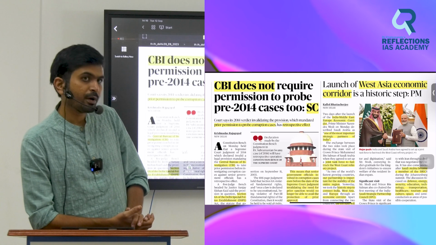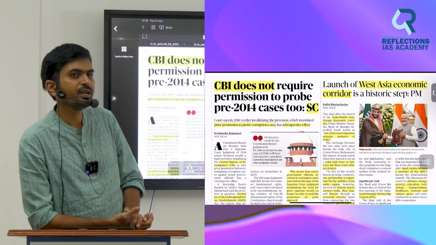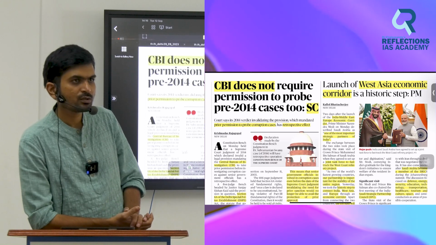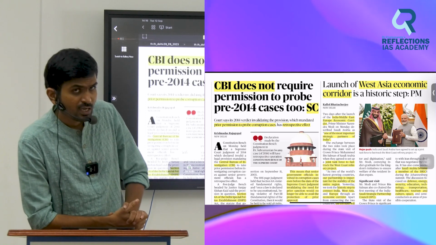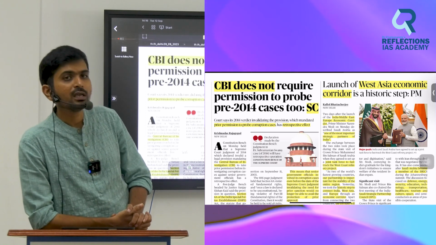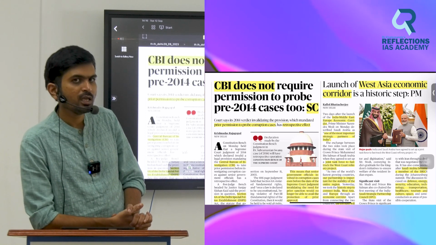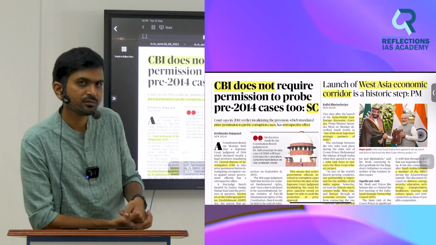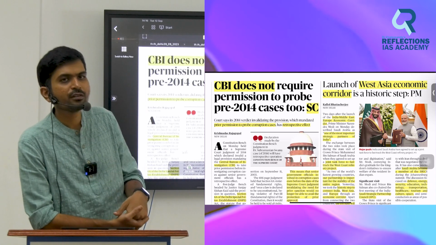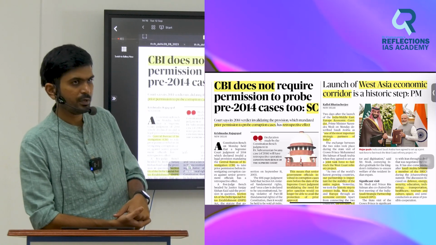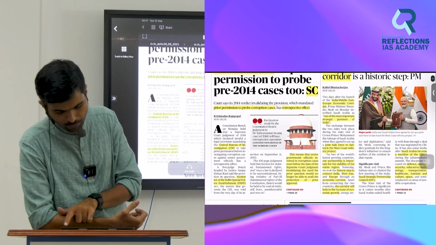At that time I told you Saudi Arabia is one of the largest oil exporters. That is why Saudi Arabia is very important for India's energy security. Next, Saudi Arabia also has a lot of money. When somebody has money, they can invest in other countries. That other country here is India. So we can attract foreign direct investment from Saudi Arabia. One of the largest and most profitable companies in the world is called Aramco.